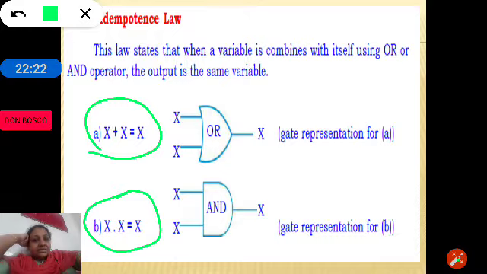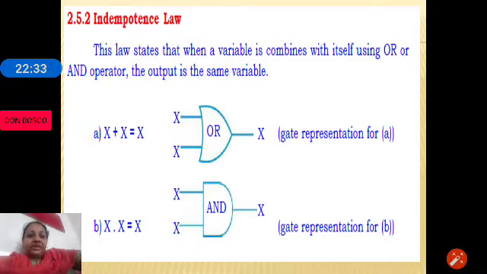So, let us start and prove the first law, that is x plus x is equal to x. Let us see how we can prove this.